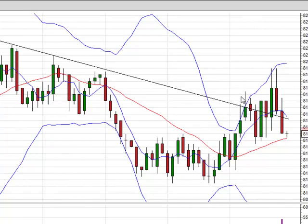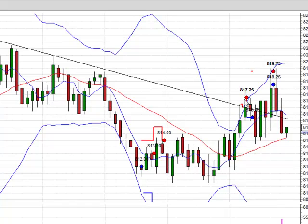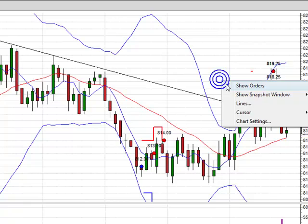Since I increased my size over here, I wanted to be a lot more patient than I would have been selling down here with a smaller size. So increase in size, increase in patience. My entry there was really nice. It's on the outside of the bands at 1725. I actually pulled the trigger when the market was at